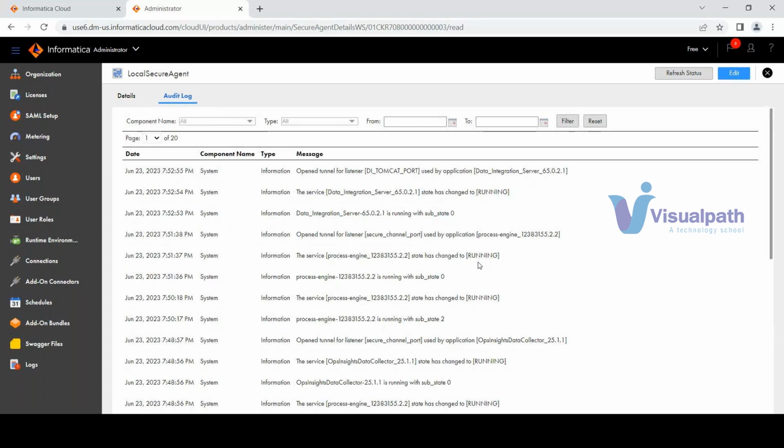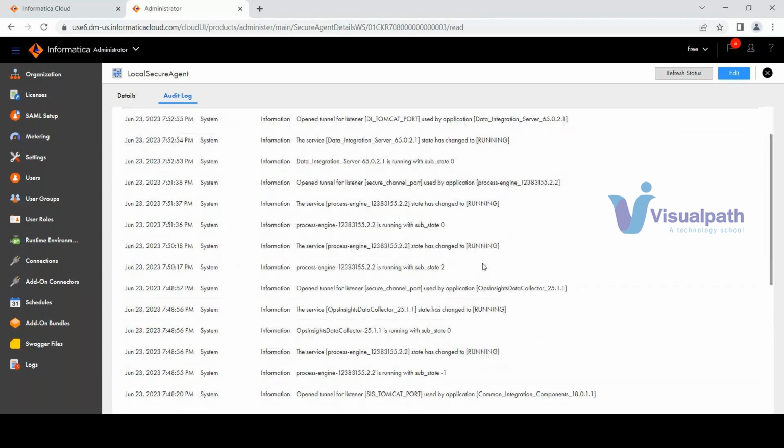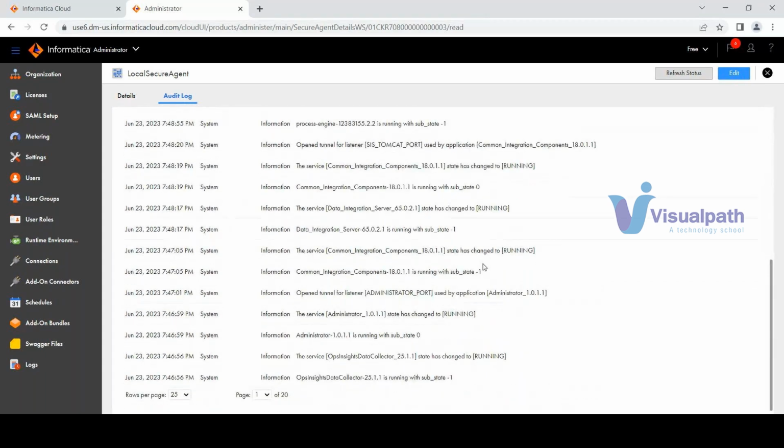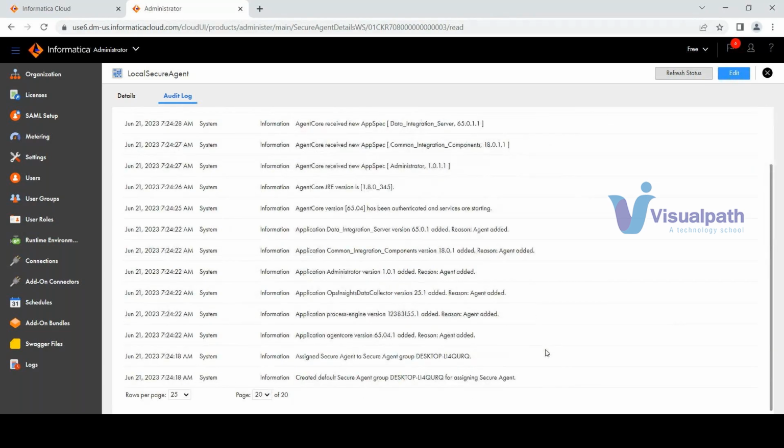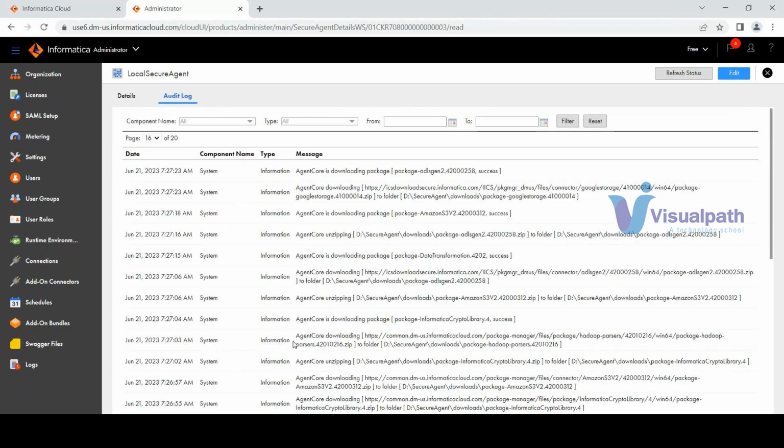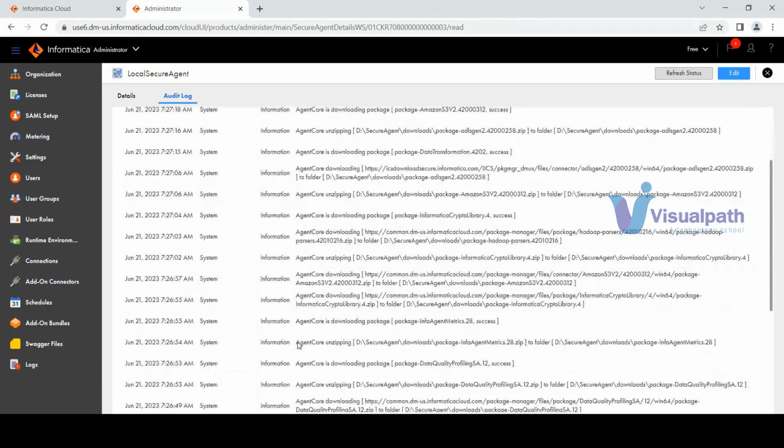What are the different phases of your jobs? Because it downloads the necessary packages that are required for your services to run. For example, if I just go back to the first page when I configured this, what happened? It created a group. It assigned a secure agent. It took time, right? It started around 7:24 a.m. If you just look at my time frame here, not exactly this one, but I'm just giving you a rough estimate about it. So it would take around 15-20 minutes for your services to be up and running because